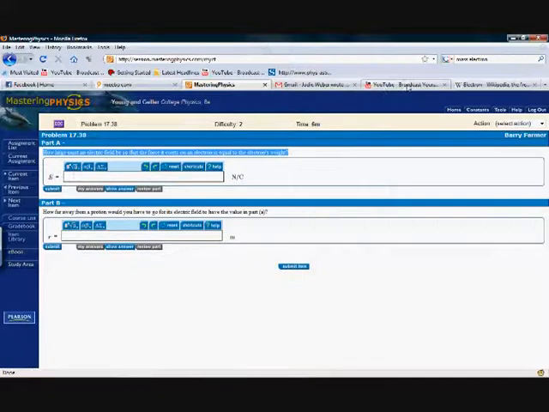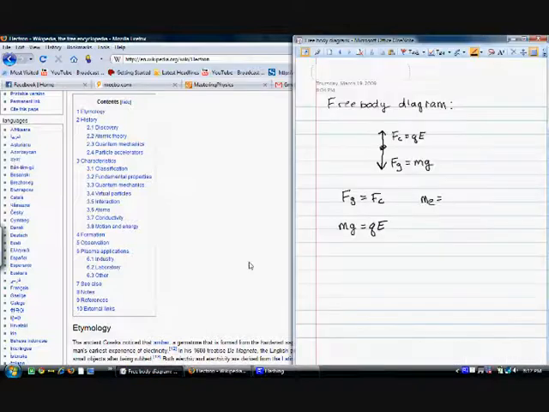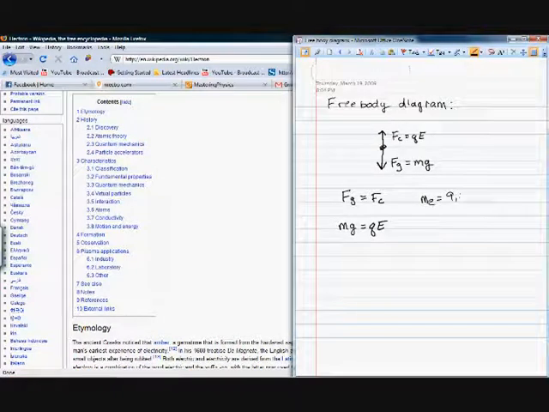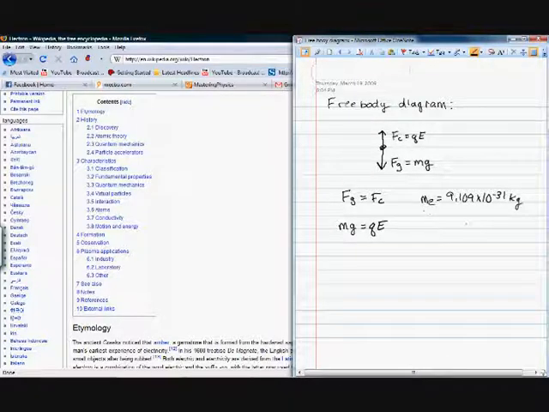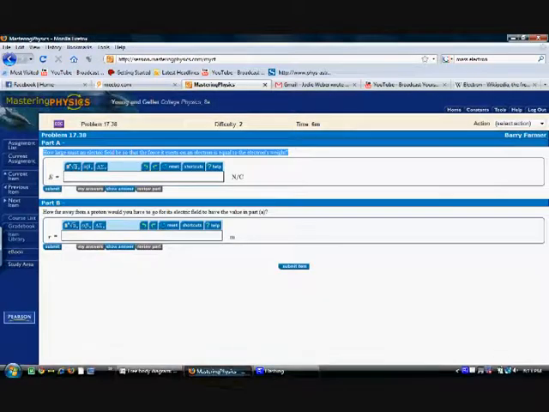well, let me put some constants here first. The mass of the electron is 9.109 times 10 to the negative 31st kilograms. The charge on the electron is 1.602 times 10 to the negative 19th coulombs. And k,